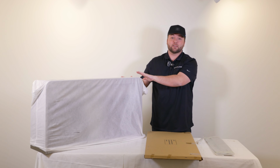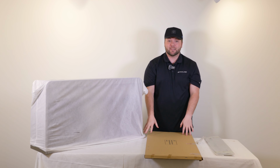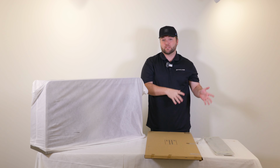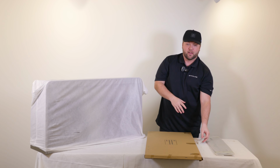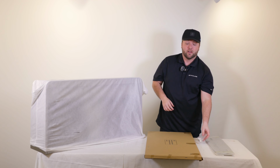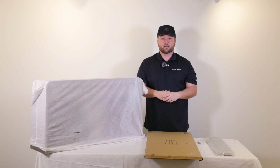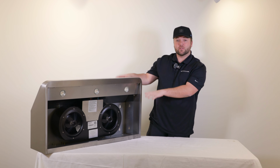So first off, obviously we have the range hood itself. Then we have a separate box that's gonna be for our stainless steel baffle filters, as well as the grease tray. We're also gonna have a mounting bracket. It will come with the range hood and some hardware that will be necessary for installing the range hood. The manual should also be inside of the box. We've gone ahead and set everything else aside for now, so we can take our first look at the range